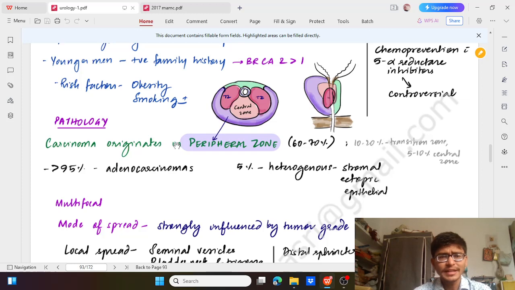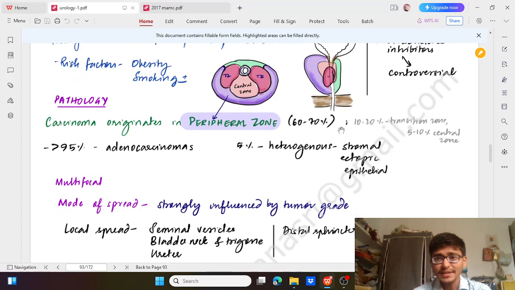It starts generally in the peripheral zone, the surrounding part, the purple part which is given, and most commonly, which is 60 to 70%, very less commonly 10 to 20% in the transition zone and 5 to 10% in the central zone. Most commonly, these are adenocarcinomas, more than 95%, and 5% are the heterogeneous from the stromal ectopic